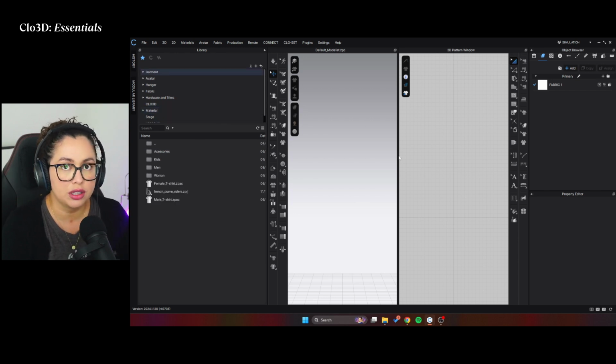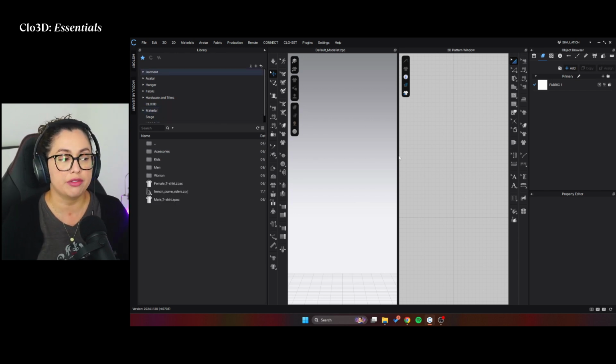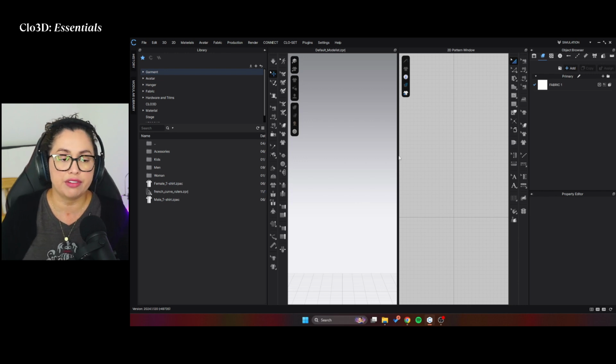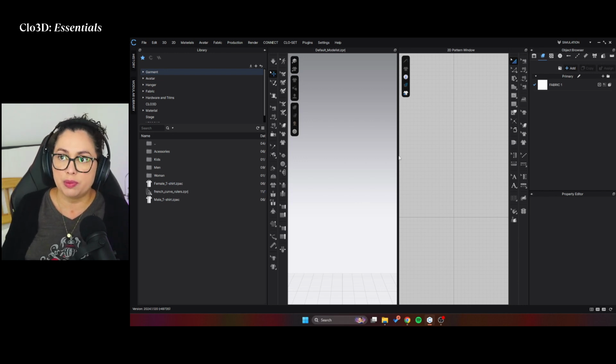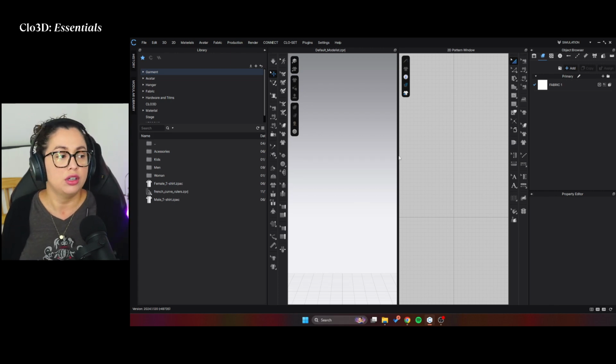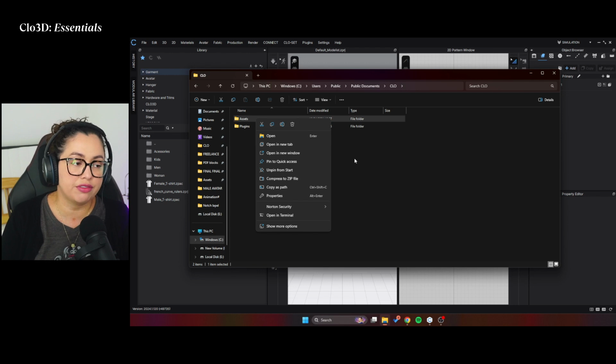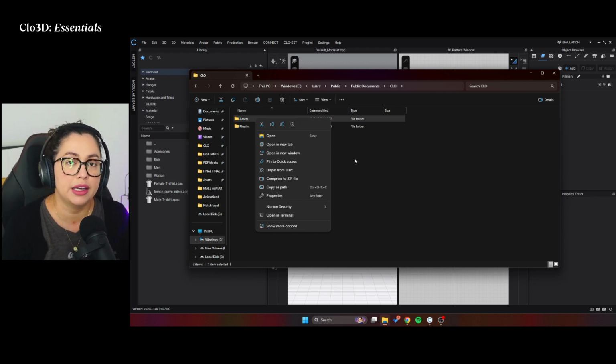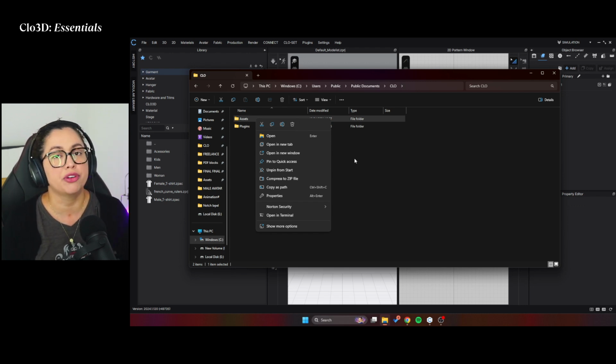But yeah, I just thought that was a good trick to teach you. I've been using it for years now. I just find it very easy to place the files that I want inside Clo without having to go through too much trouble. And I just advise you now to go and pin your assets folder to your quick access or your start, and get it done because it's very, very helpful. Okay,